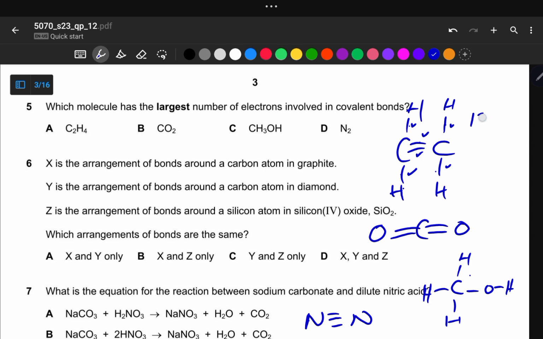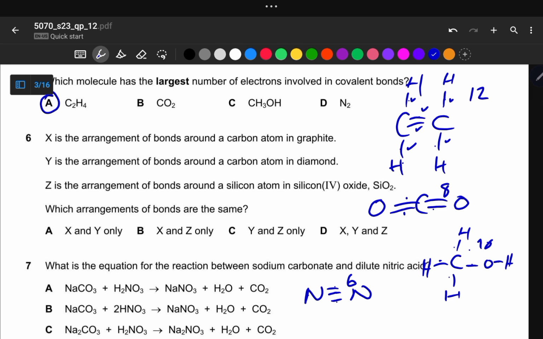So we've got 12 here, and then here we've got 2, 4, 6, 8, and then 8 here, 2, 4, 6, 8, 10, then 10 here, 2, 4, 6, then we've got 6 here. So our correct answer is equal to A. So we can now proceed to